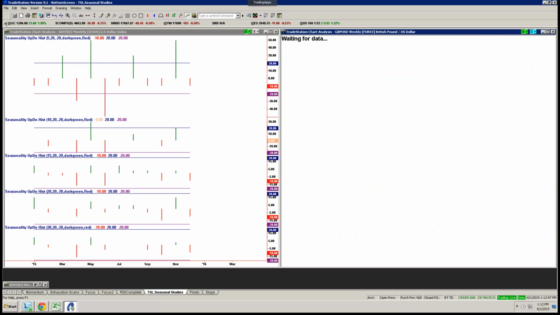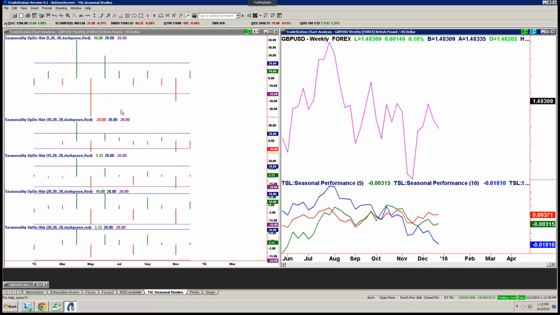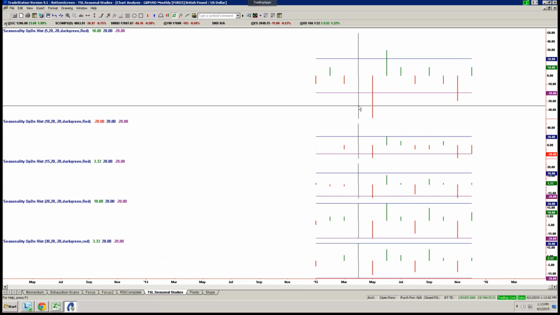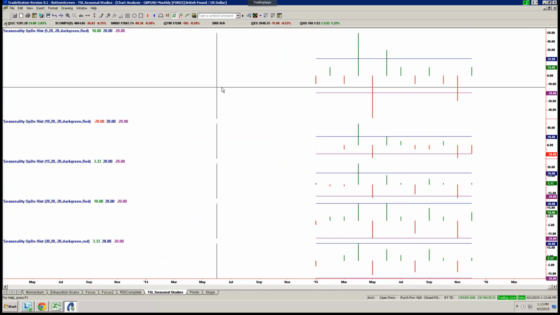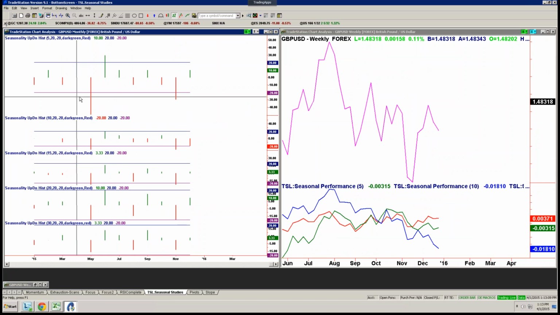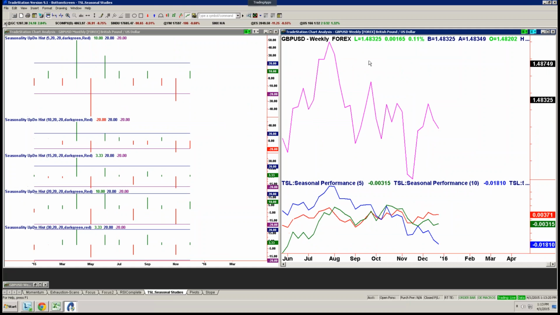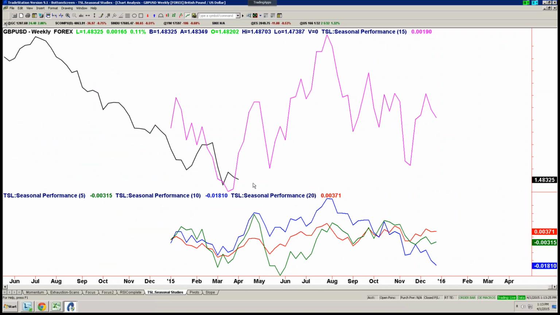Let's look at pound dollar itself. Pound, as you can see, the exact opposite, right? Every single histogram for the 5, 10, 15, 20, and 30 years is positive, okay? I will address questions, by the way, towards the end, just so you know. But 5, 10, 15, 20, and 30 is positive. So pound, very positive month typically in April for the British pound. Okay, and obviously from looking at the chart that you're used to looking at, we can see that as well.